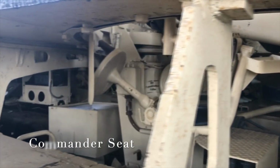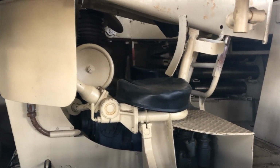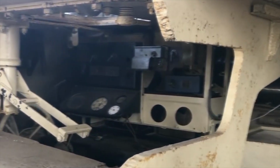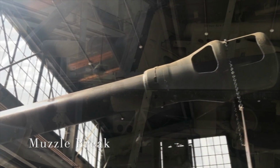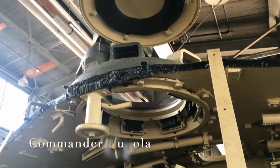Yeah, that's one of the things that a lot of people think about World War II tanks, that they were diesel engines, whereas nearly all of them were gasoline engines. So you can start seeing this massive Pak 43 88mm cannon. This is probably one of the most effective cannons you see, and what distinguishes it from the Tiger 1's 88 is that this one actually has a higher velocity. They put more gunpowder in the actual shell, so it was able to reach those higher velocities and kill anything